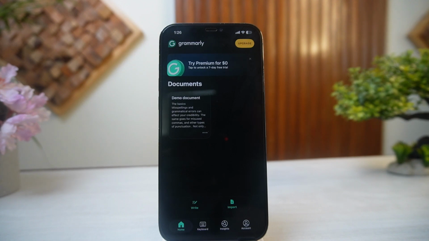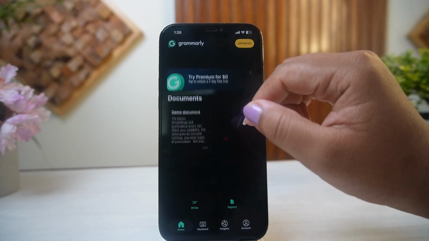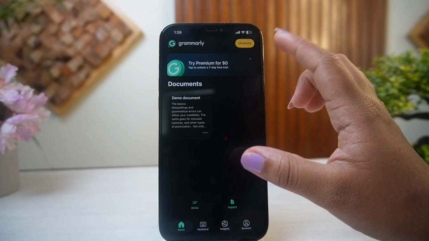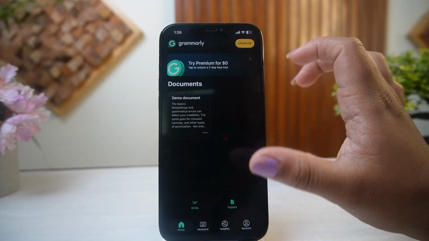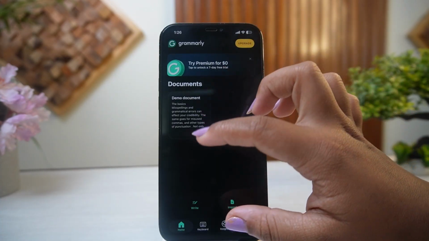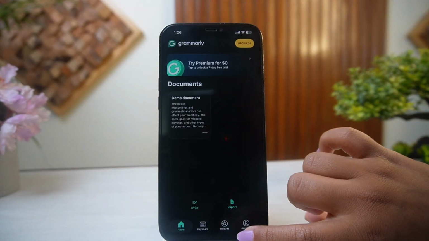How to change your Grammarly account password. So it's really easy. All you need to do is simply get into your Grammarly application, and then from there make sure that you are logged into your account, right? So after successfully making sure that you are logged into your account, now you can simply tap on your account